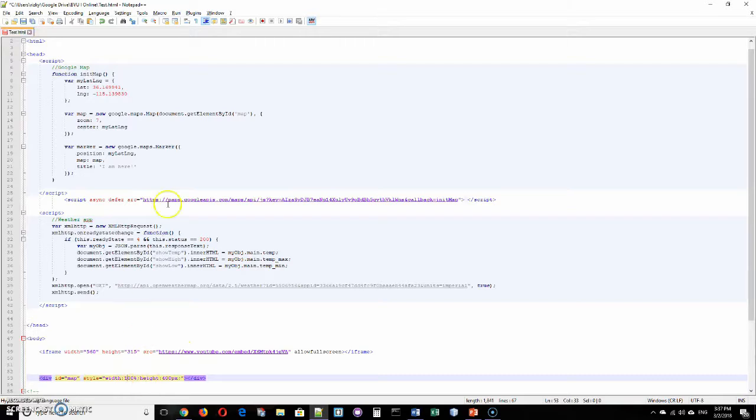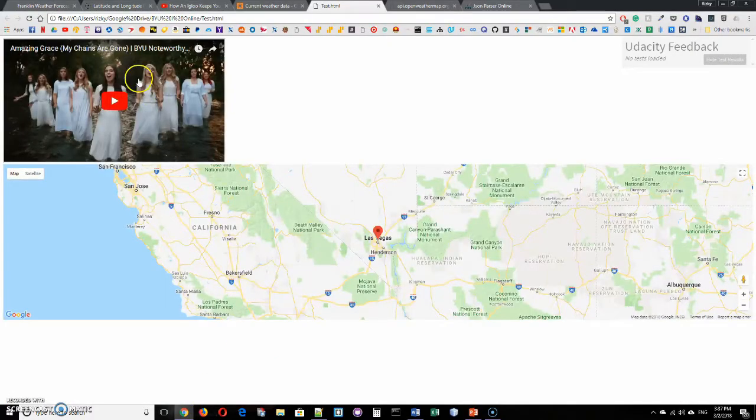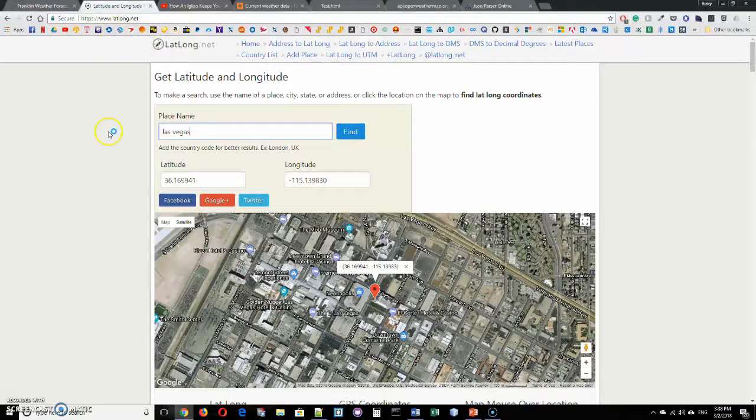And then after that we have to have a script, and then we're going to call the function, which is initMap. To do that, I need to have the latitude and longitude. If I'm going to show a city, for example, I'm going to choose Las Vegas, so I need to find out the latitude and longitude of Las Vegas. I can go to a website called latlong.net, and for example, if you put London right here,